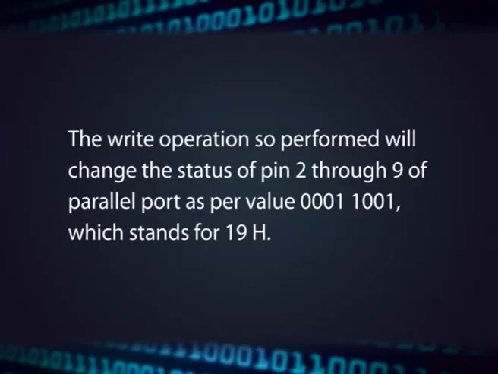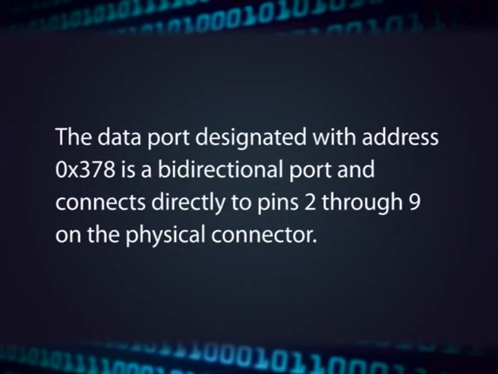0x378. The write operation so performed will change the status of pins 2 through 9 of the parallel port as per the value 0001 1001, which stands for 19 in hexadecimal. The data port designated with address 0x378 is a bidirectional port and connects directly to pins 2 through 9 on the physical connector. The second port is a read-only status register designated by the address